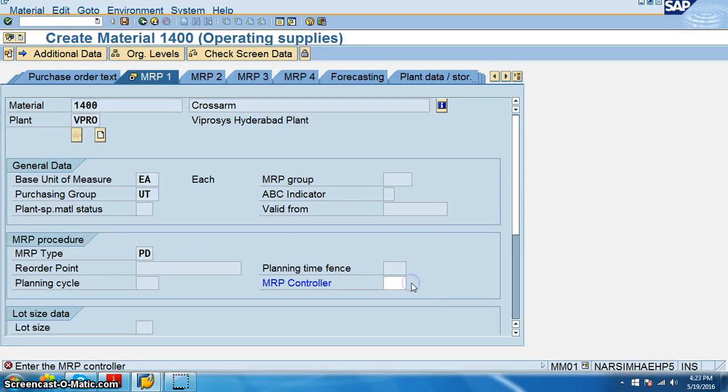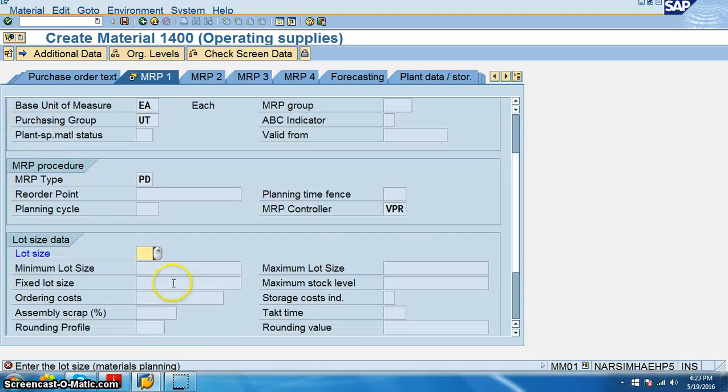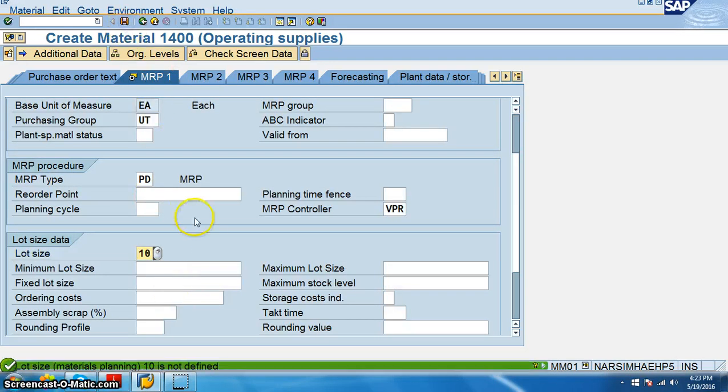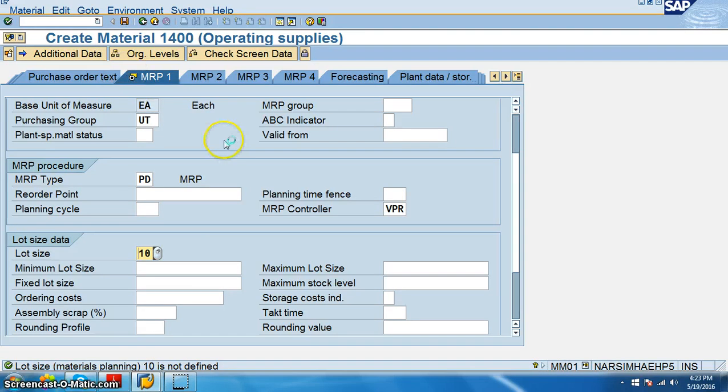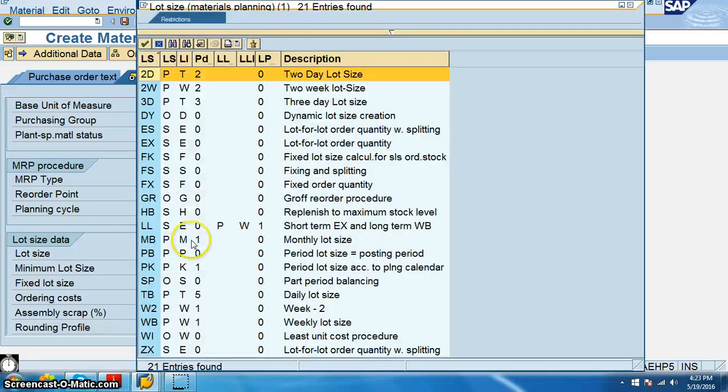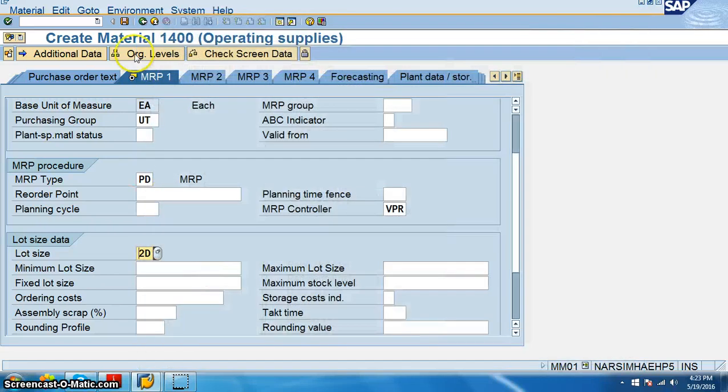Okay. MRP controller is VPRO, because we have created only one MRP controller. Lot size is something around 10 each. I mean, it's a bundle collection of 10. Whatever material is there, it's a combination of 10. Only when we have 10, it will be bundled out to outside the company. So this is lot size. Okay, 2-day lot size is what is selected.